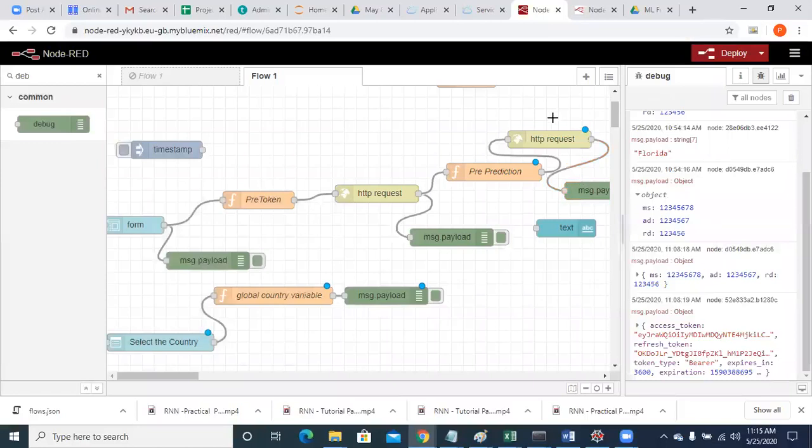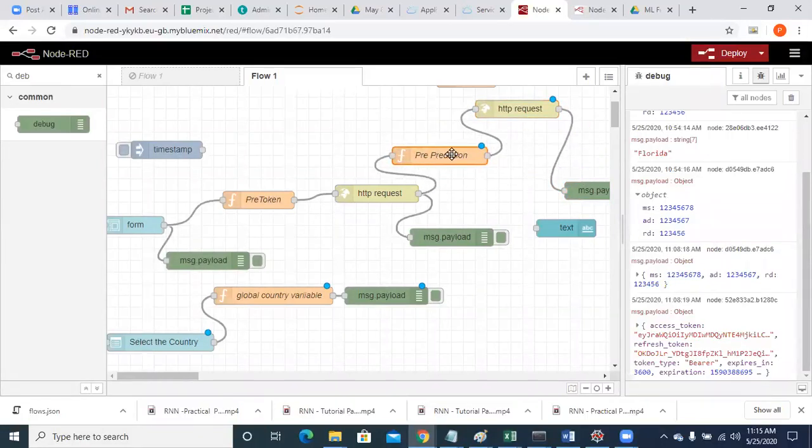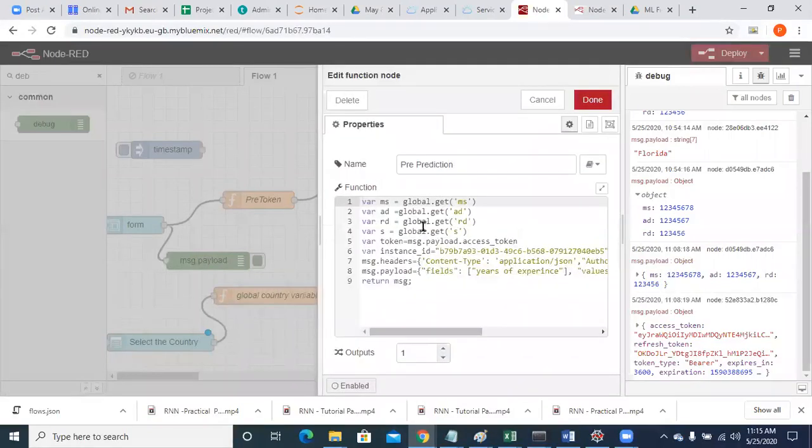Get a debug window. Have you made the changes over here, guys? If so, I'll tell you what's the next step. Have you made the necessary changes over here?